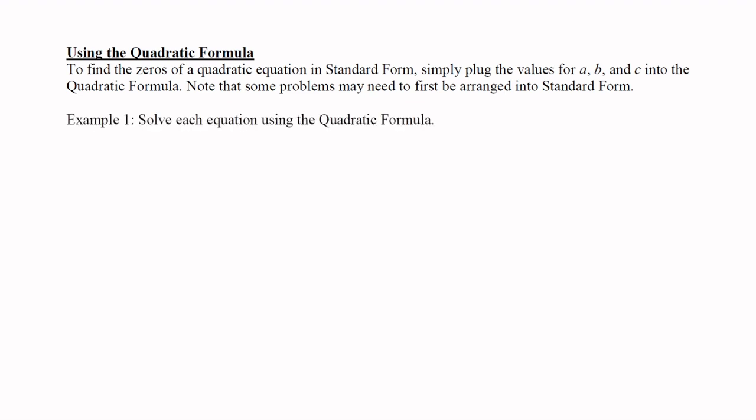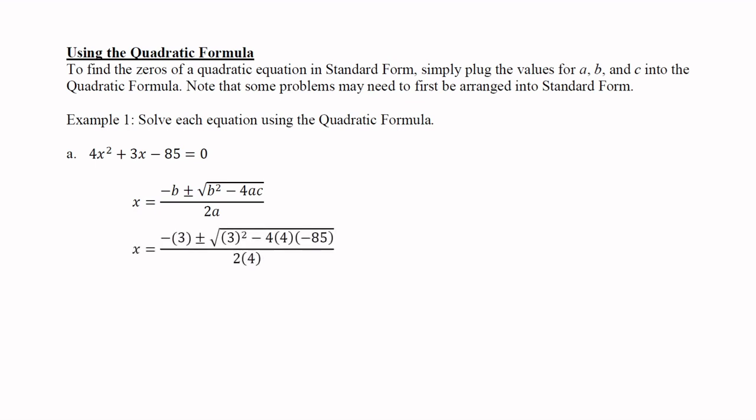So the quadratic formula, as complicated as it looks, is quite easy to use, because all you have to do is take your standard form quadratic that is set equal to 0, identify a, b, and c, and then simply plug those values into the quadratic formula. So here we have 4 is a, 3 is b, and negative 85 is c. So we just simply plug those values into the quadratic formula, and then from there we're going to simplify, starting